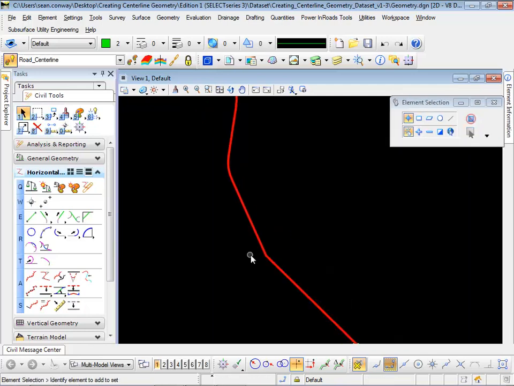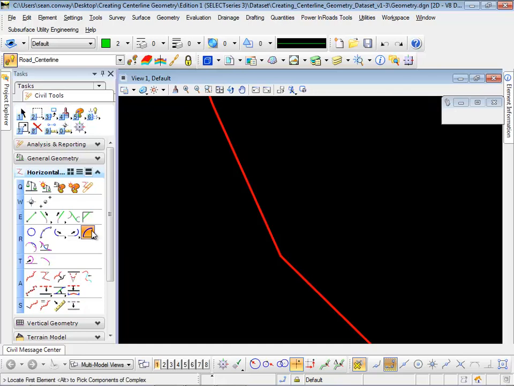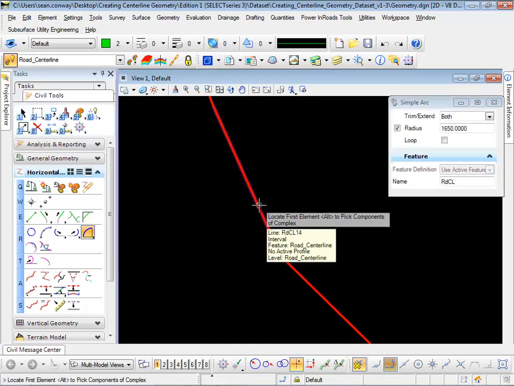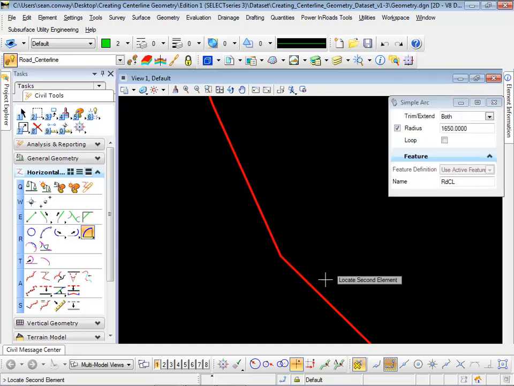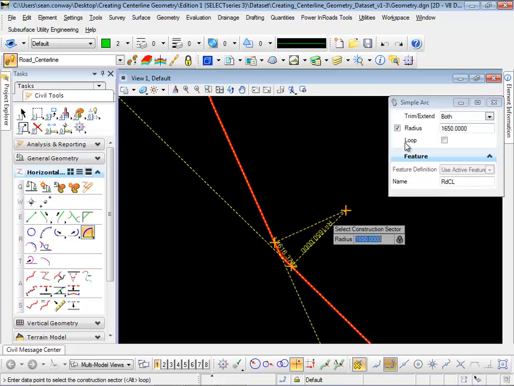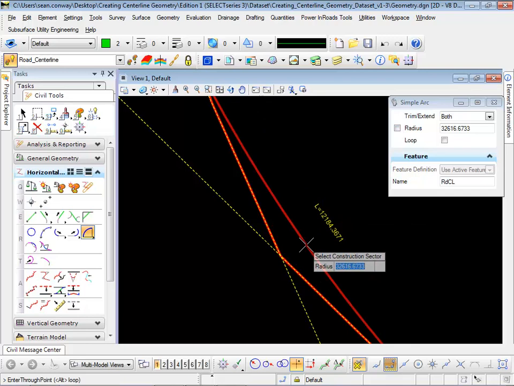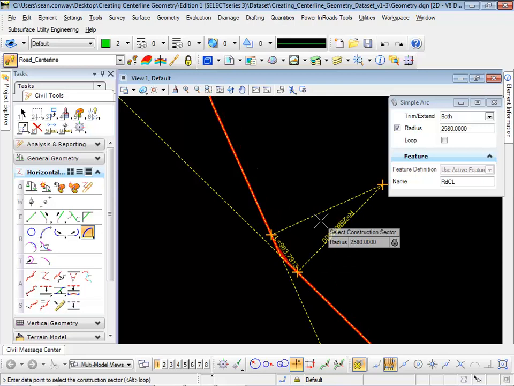So insert a curve here. I'm going to go to my simple arc command, left click on the first, and then locate the second element, and we want to put in a radius. I want to have a locked in radius. I'm going to type in a radius of 2580, key that in and hit enter on my keyboard, and it creates the curve. I can left click to accept